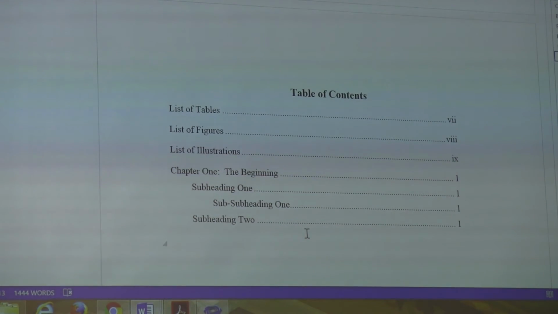So heading 2 corresponds to chapter 1? That's right. And heading 3 is the subheading. Heading 4 is the sub-subheading. That's exactly it. And heading 1, I don't use. I start from heading 2. Okay. It's a little confusing.